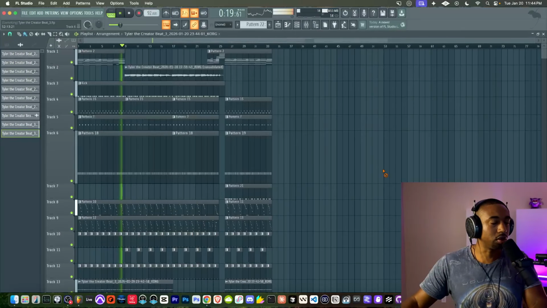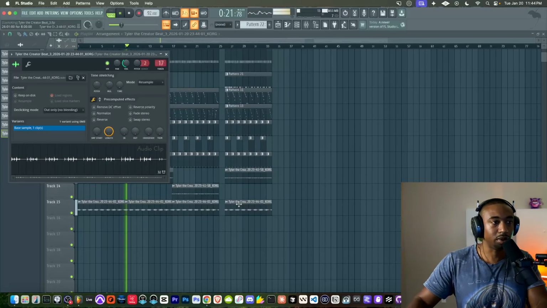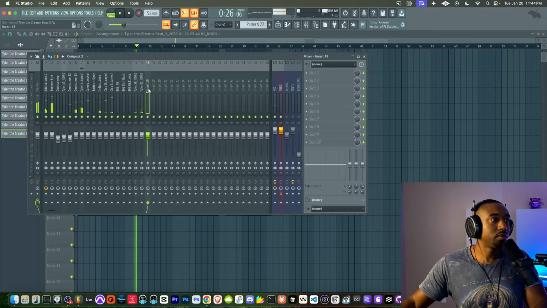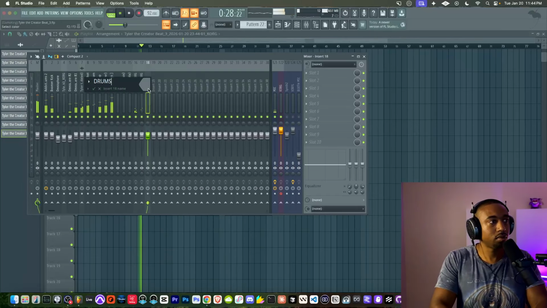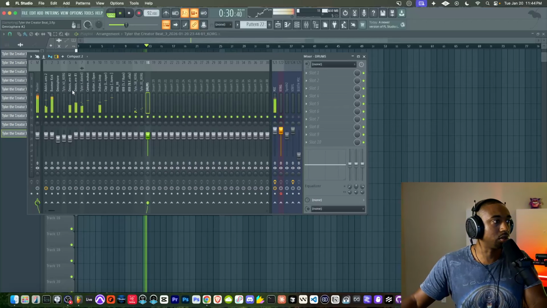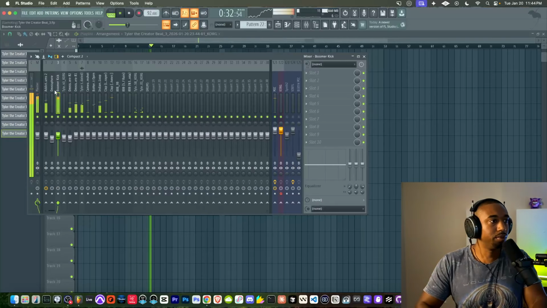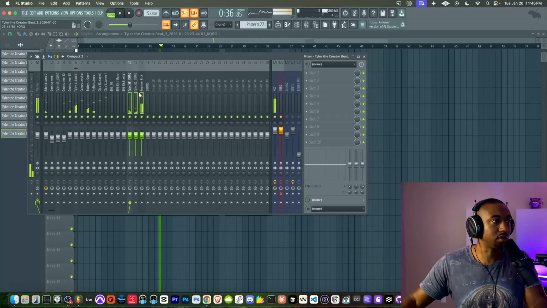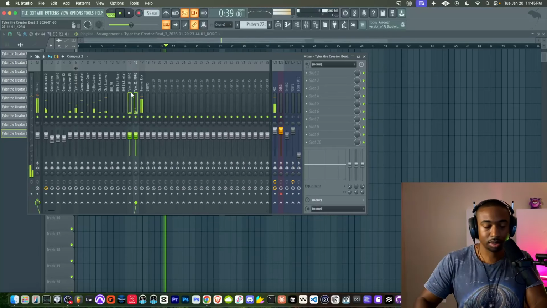So we have a lot of percussion going on, and I'm gonna group all this stuff and probably distort it or saturate it. So let's see if we can find all our drums. Let's move them over to the right, hitting Alt right, and then let's see if I can find those percussive performances.